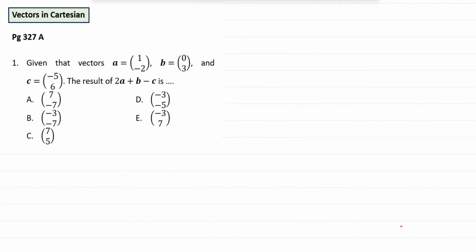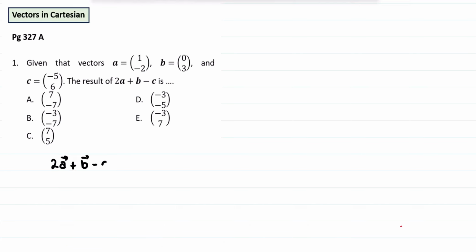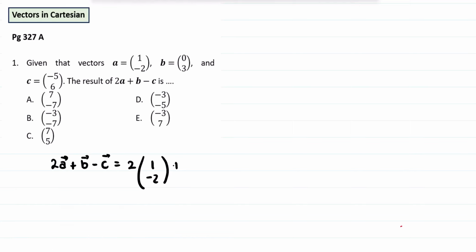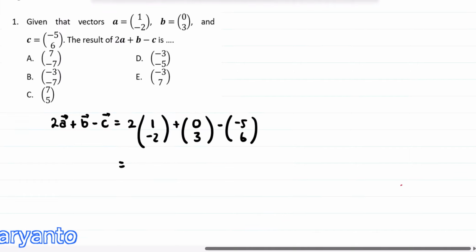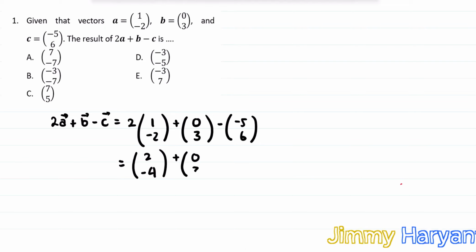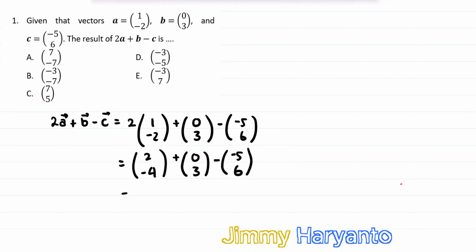Question 2, page 327a, question number 1. So the question wants you to find 2a + b - c. So you will write it like this: (1, -2), and then plus the b (0, 3), and then minus the c (-5, 6). Okay, so for this one we will have (2, -4), and then this one will be (0, 3), and this one is (-5, 6), and then we calculate it